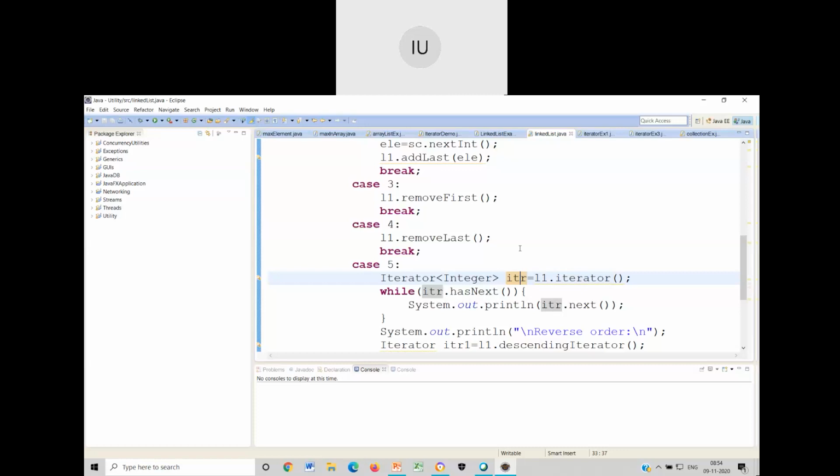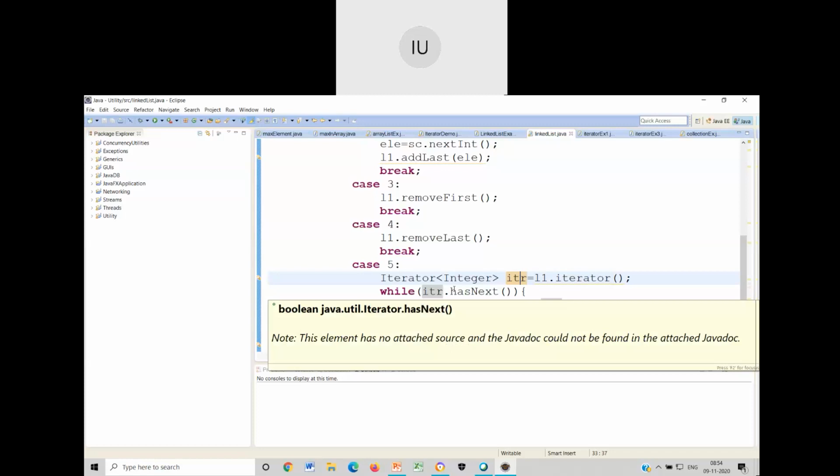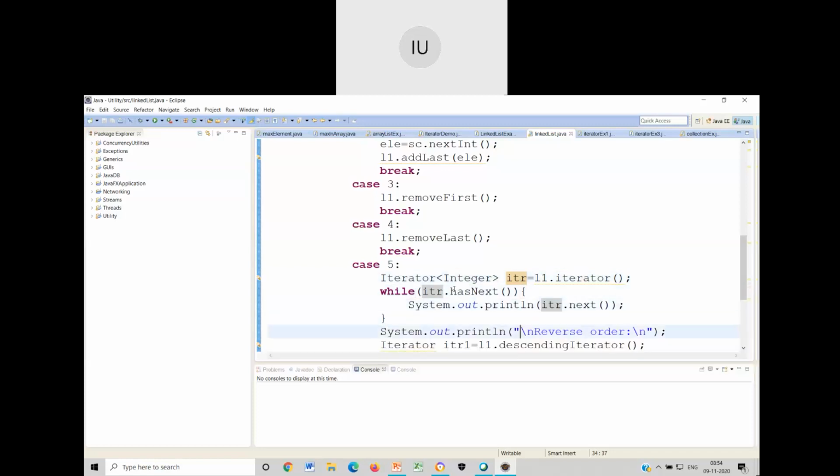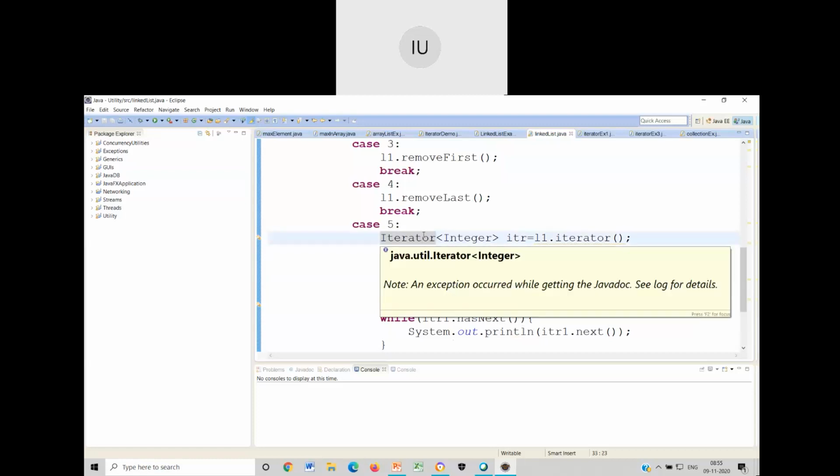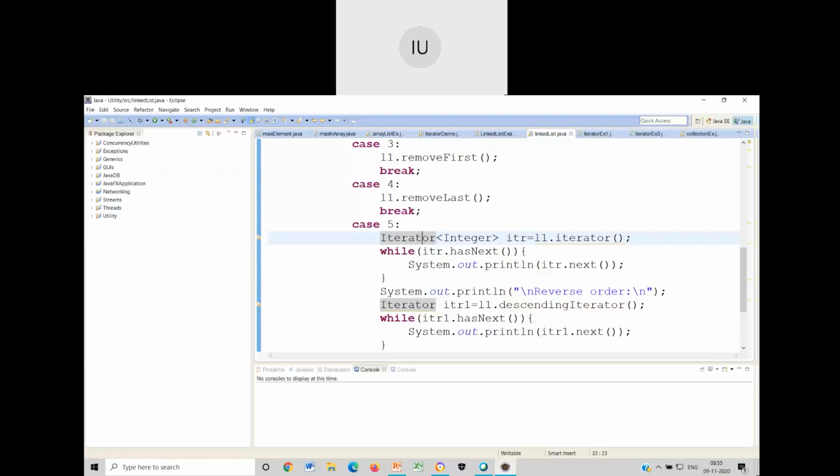Imagine a situation where you want to print a linked list in the reverse order. In data structures, you have written a function for that. It was so tedious for you to write. But now, when I use hasNext and hasPrevious, it does it so nicely. Or you can make this iterator an ascending iterator or a descending iterator. Once you have created that iterator with reference to the linked list, if you call the descendingIterator function, then it reverses the linked list.